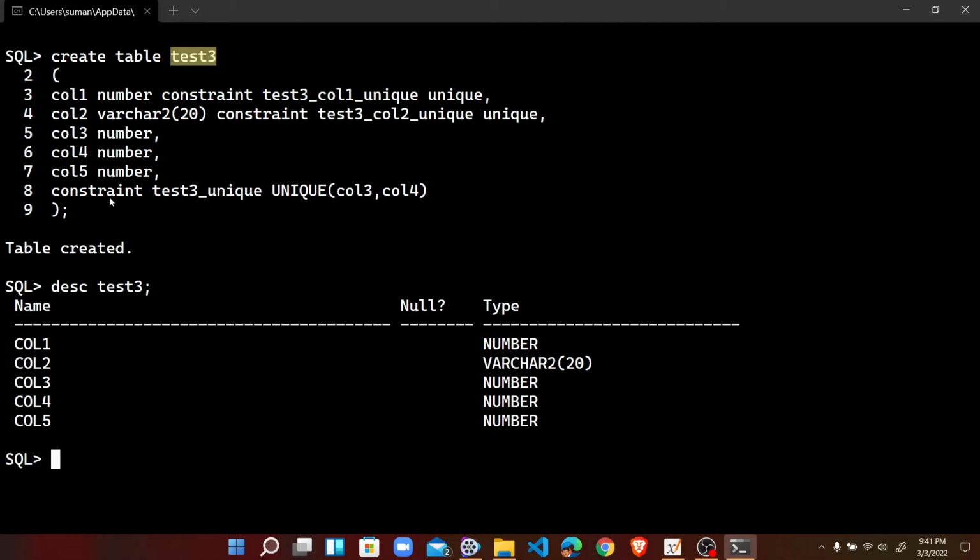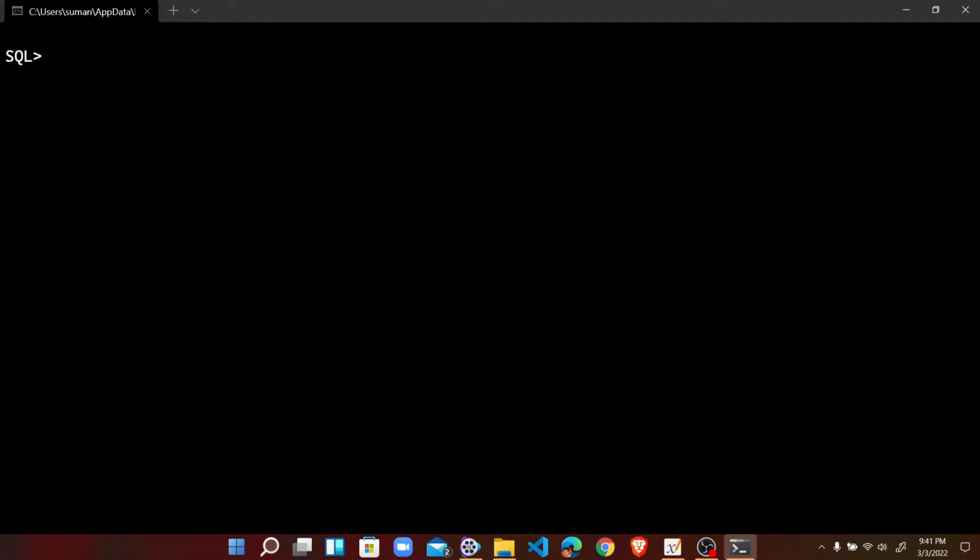So if we want to add the constraint to column 5, then we have to write the statement like that. At first clear the screen, ALTER, then TABLE, then the name of the table, that is test3, then ADD, then CONSTRAINT, then the name of the constraint, table name underscore